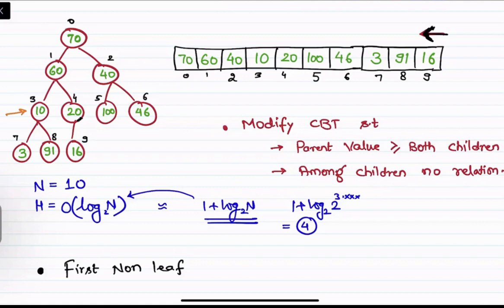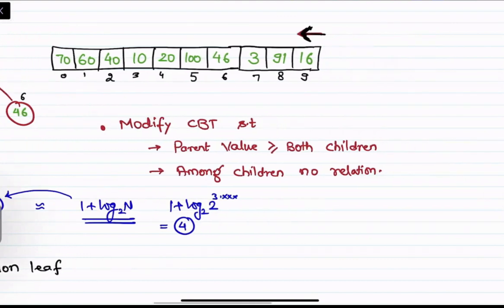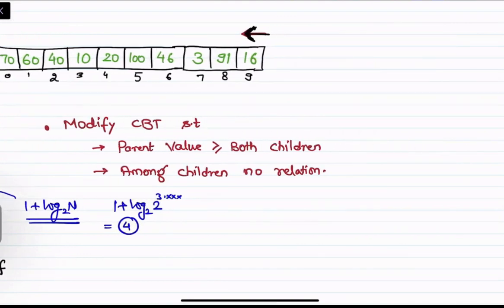Yeah, 91. And what makes you say 91? Imagine if I reverse. If 91 was in 7 index and 3 was in 8 index, then what will you say? Who should replace current parent if that is not the biggest? Then who should replace? Yeah, max of left and right. Okay. And if I ask you to perform this on an array, rather than looking at tree and doing these operations, we figured out that